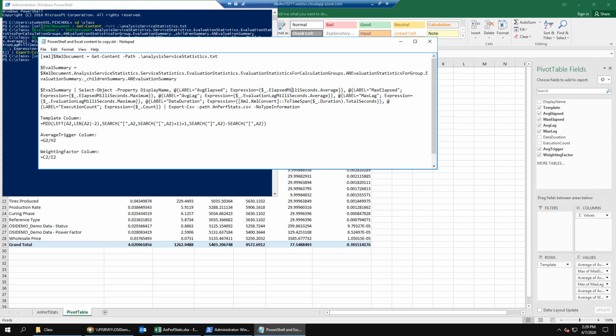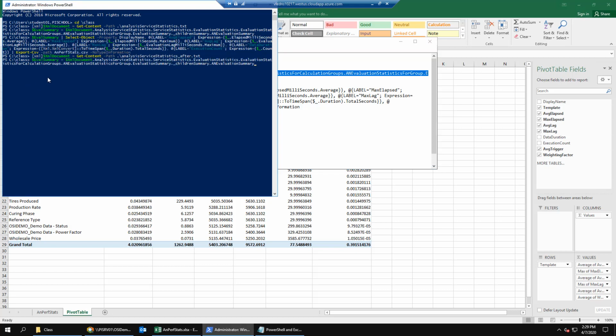The next step is to restore the relevant performance information into the variable eval summary. So we'll copy the next line in our text file, paste that into PowerShell, and execute it.